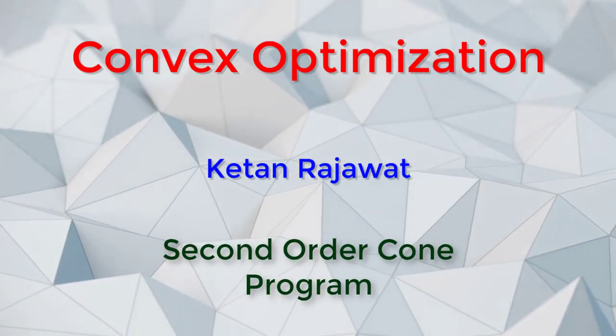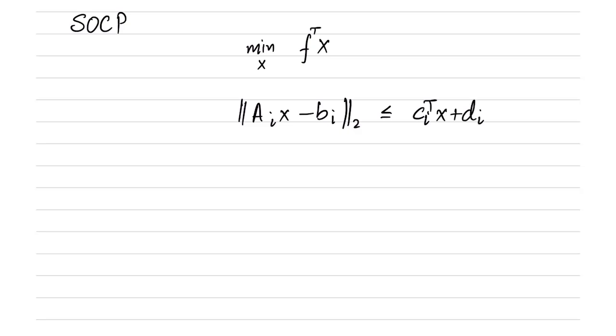Let us look at the second order cone program, or SOCP, which is a new class of optimization problems, more general than QP or QCQP. So the general form for the SOCP is of this form: minimization over X of F transpose X, subject to norm of AI X minus BI less than or equal to Ci transpose X plus Di. This is for some I from 1 to m, and we may have, of course, some equality constraints, and then